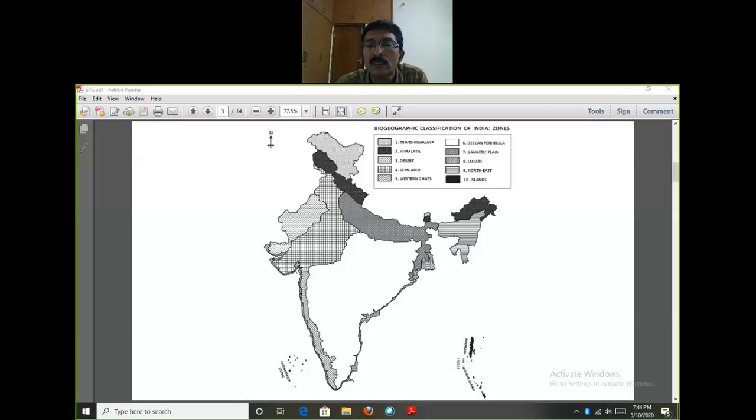This area is also rich with different endemic plants, and a lot of epiphytes. Epiphytes are the plants which grow on the branches of other plants, and are present in this part of northeast India. The next biogeographic zone is the islands. We have two groups of islands: the Andaman and Nicobar groups of islands in the Bay of Bengal, and one group of islands, the Lakshadweep and Minicoy Islands